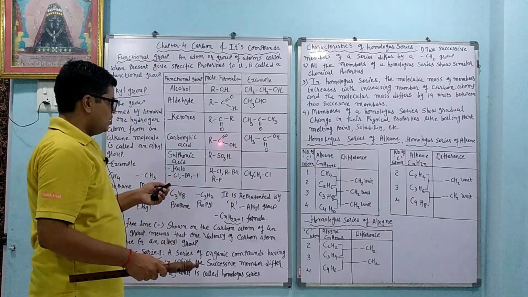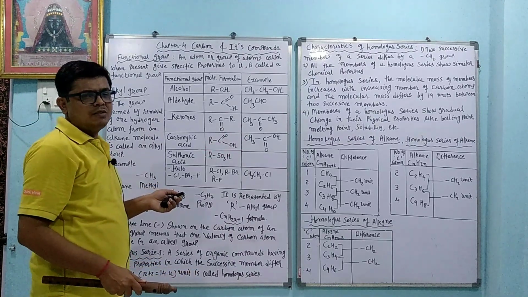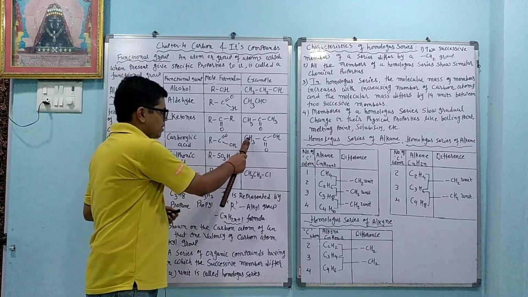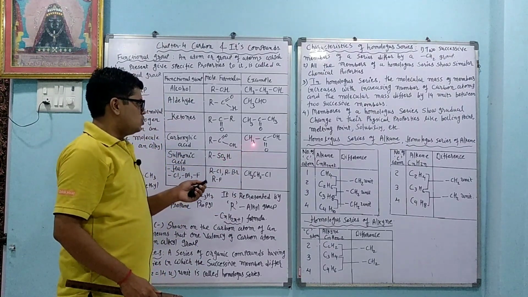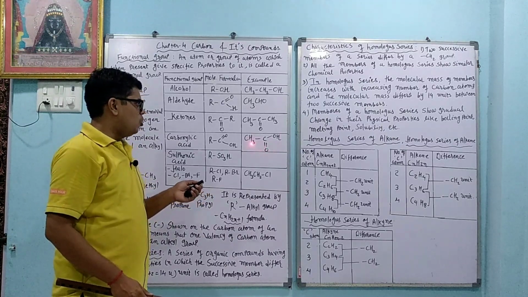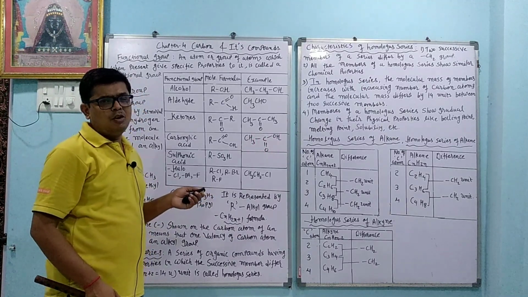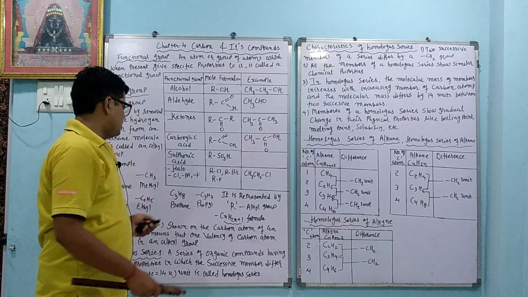Carboxylic acid means the COOH group. Okay, here we can see that the COOH group is present, and when the COOH group is present, we have to add the suffix 'oic acid'. How many carbon atoms? 2 carbon atoms. Ethane: we add the suffix 'oic', so ethanoic acid. Ethanoic acid is the IUPAC name and the common name is acetic acid. What we use as vinegar at home is what? Acetic acid or ethanoic acid.